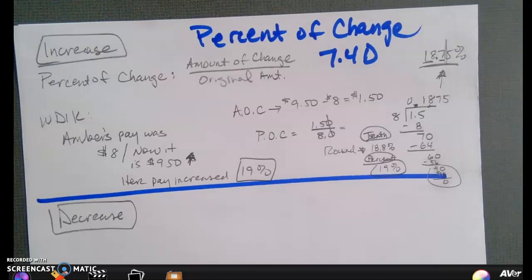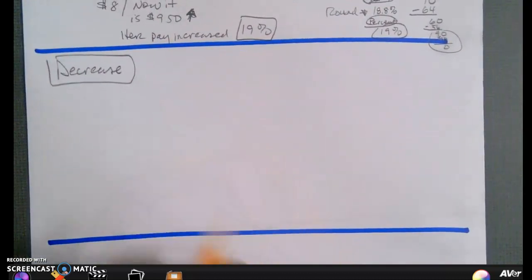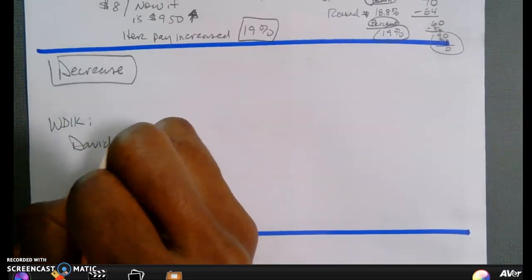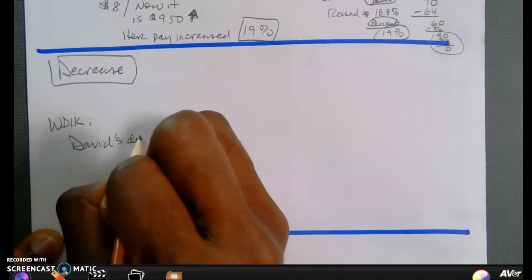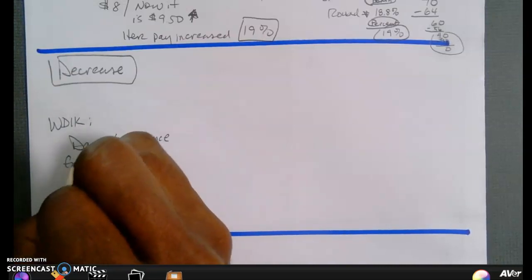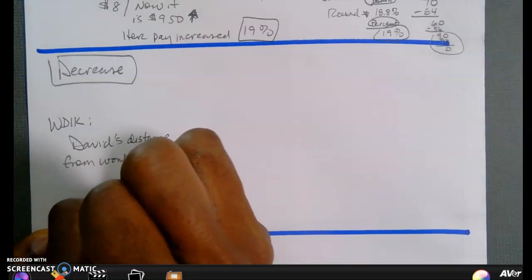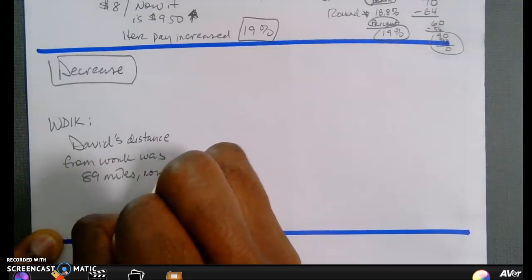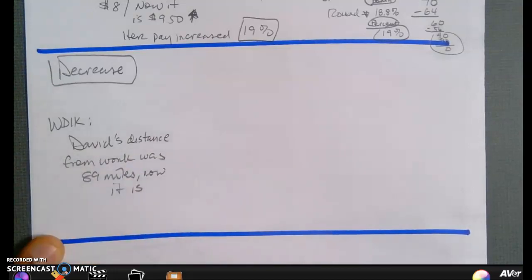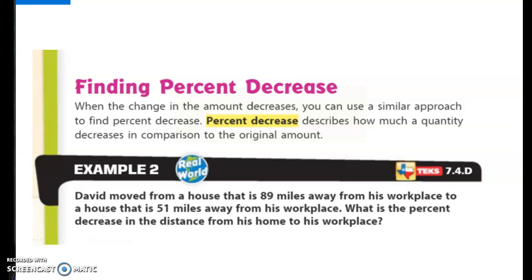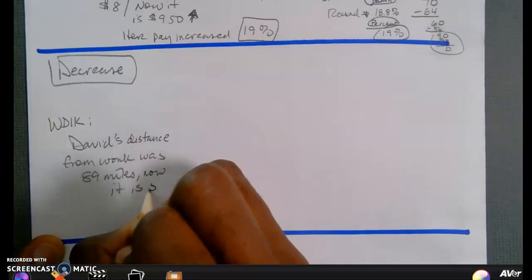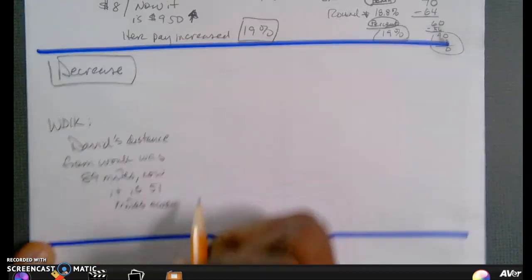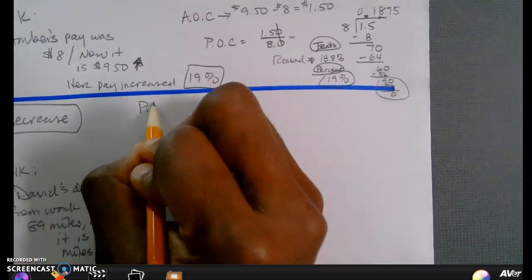Okay, moving back over to my work. The decrease said, what do I know? It said that David's distance from work was 89 miles. Now it is, I'm going to switch back over to make sure I have my numbers right. It was 89, now it's 51 miles away. So I'm going to use the exact same thing using my formula for POC,